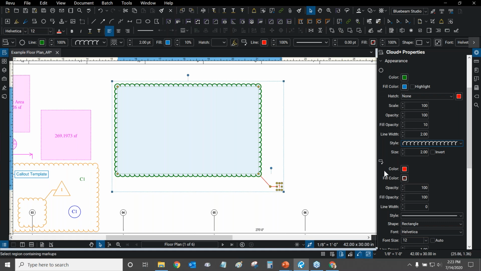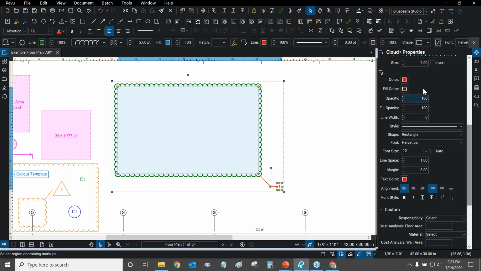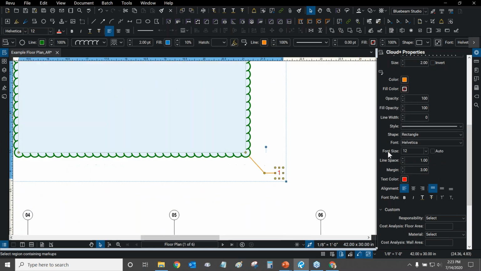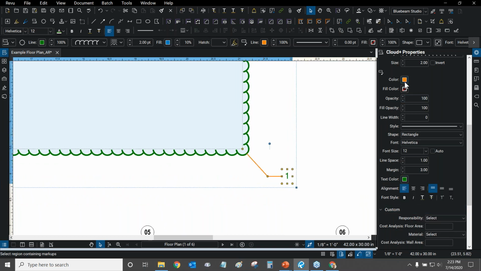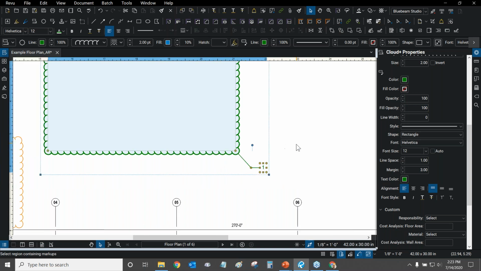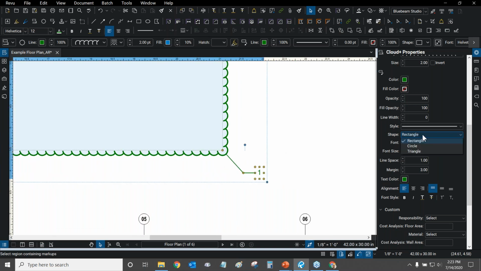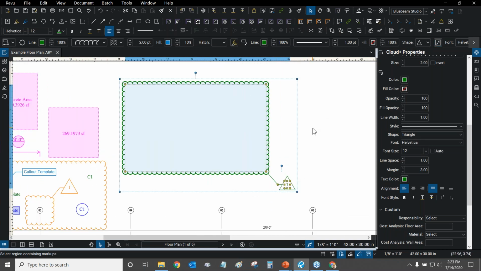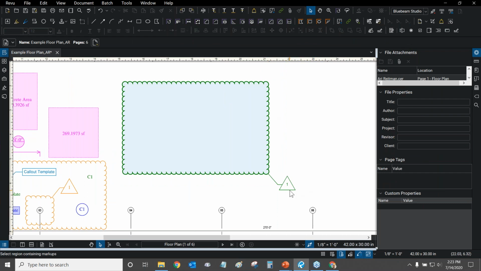Then underneath the cloud properties, we have the callout properties. You can tell because there's a little symbol for the callout right here. So now I can change the color of the arrow for the callout. So let's make that one orange. And let's change the text color itself. We'll make that green as well, just to mimic the cloud itself. Actually, we'll make them both green. There we go. That way it makes a little bit more sense. And the shape. Let's change our shape to that triangle that we were talking about. Let's make sure it's auto size. So this is our auto size text box button right here, just like we did for the text box. So very, very similar. And now, ladies and gentlemen, we have a Cloud Plus tool with the number 1 in a revision cloud, perfectly done and ready to be used.